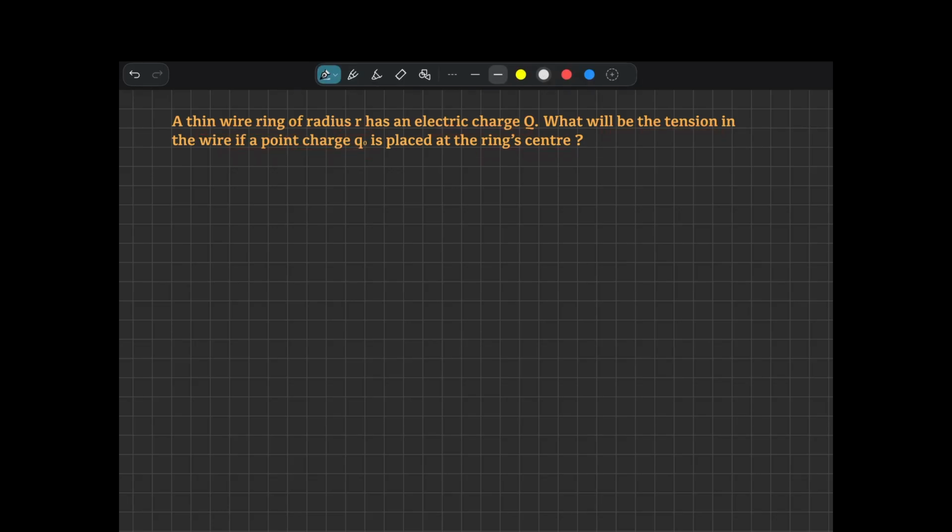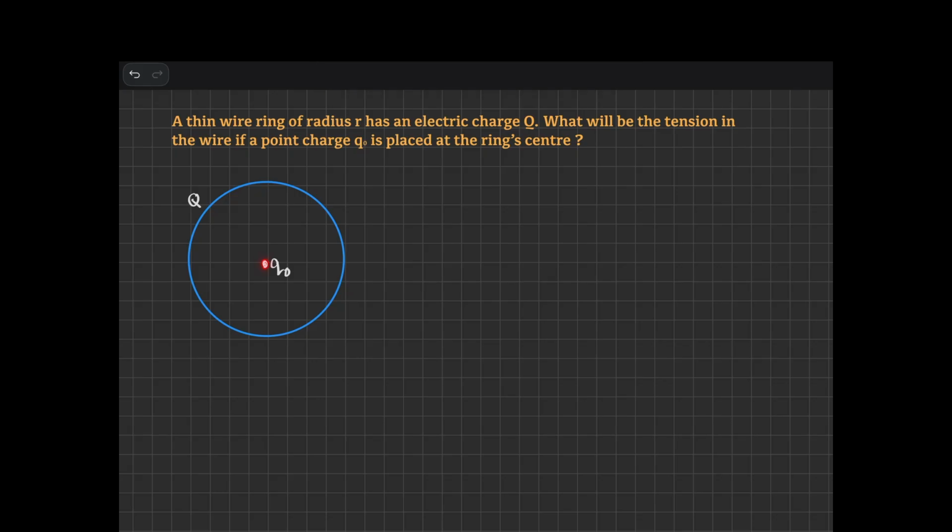Now let's draw the diagram and we will try to understand from this. Here we are given a thin wire. Let's say this is the wire here, and at the center of it we have a charge. Here it is given at center we have charge q naught, and the wire is given a charge q. Now they are asking what is the tension in the wire,